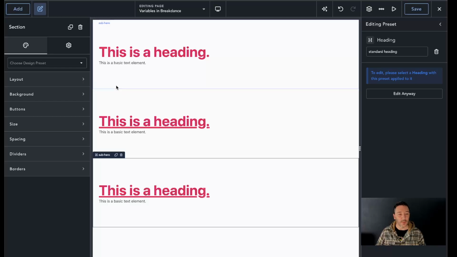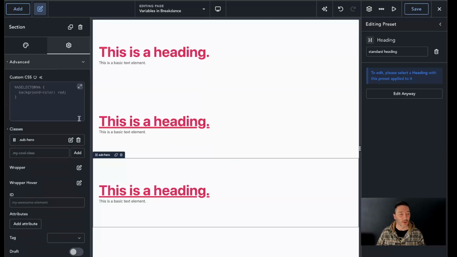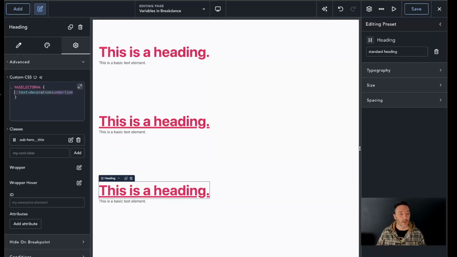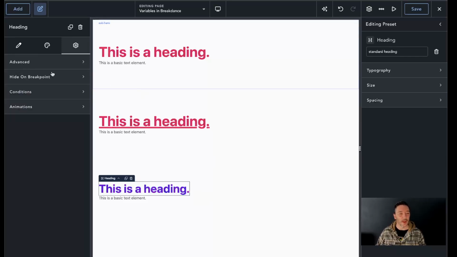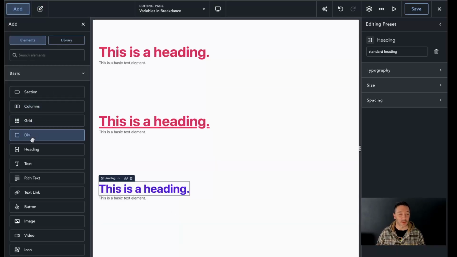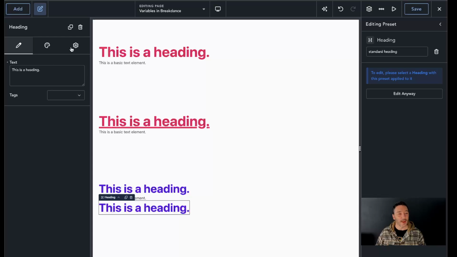Unfortunately, if I duplicate this, okay, that was a bad example. Think, Chris. There we are. So it's a standard heading, but if I now create another heading, I'm sorry about that, and